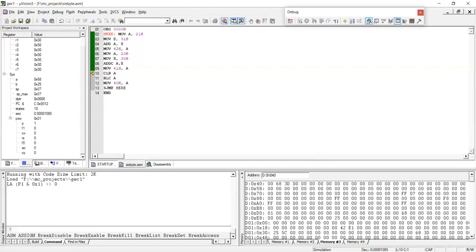Now I'll clear accumulator. The content of accumulator is made 0, right? Now I will do RLC A, to see if there is any carry. But since there is no carry, if I use the RLC A instruction, the value in accumulator still remains the same, right? So accumulator is still having 0, 0, and that content I will move into 40H. Since there is no carry, we don't have any data in the 40H. It will be 0, 0, right?